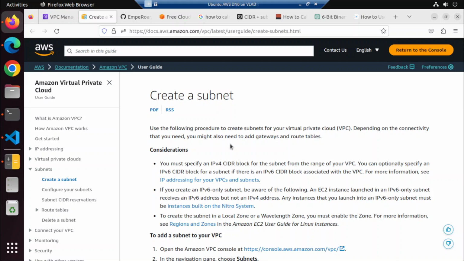For more information, see IP addressing for your VPCs and subnets. If you create an IPv6-only subnet, be aware of the following. An EC2 instance launched in an IPv6-only subnet receives